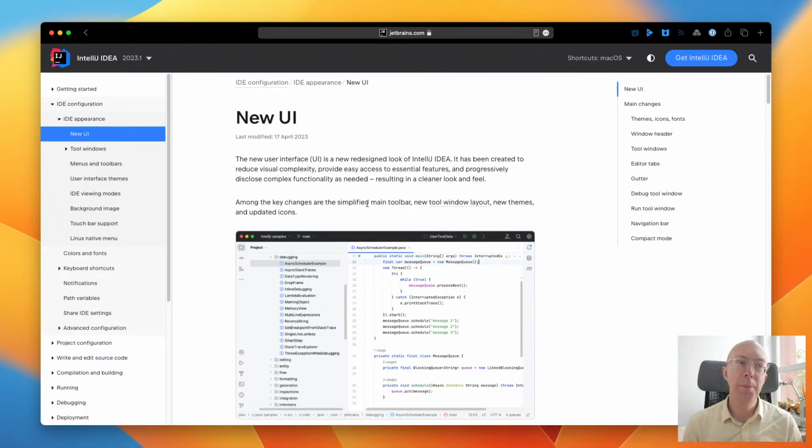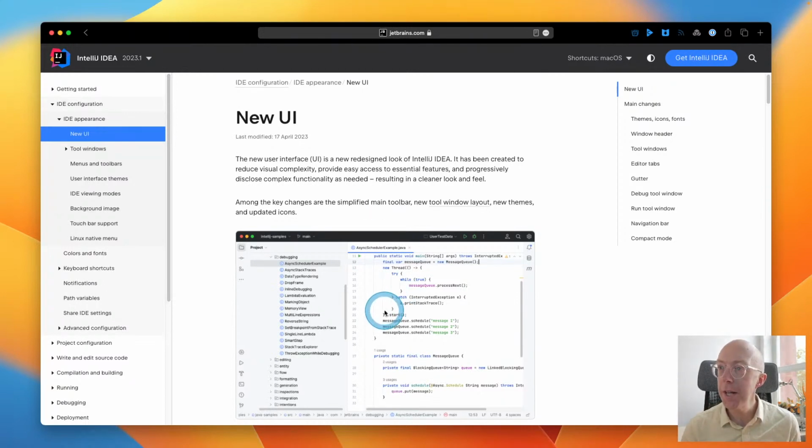And some of the people at JetBrains rightfully said to me, well, we have a new UI coming. What do you think of it? And it was sort of too late for me to do much in that video with it, but I thought I would do a separate video here, just a live stream taking a look at it.